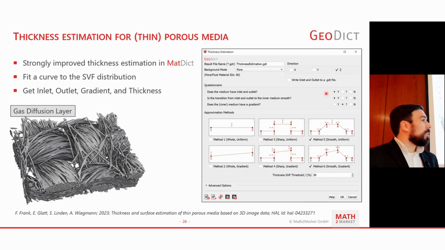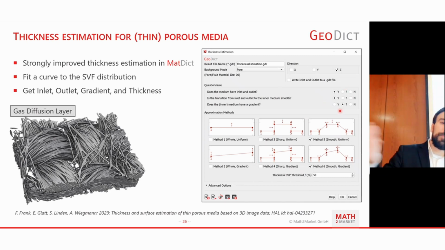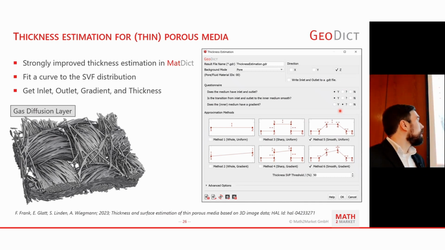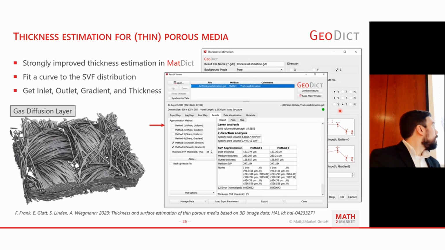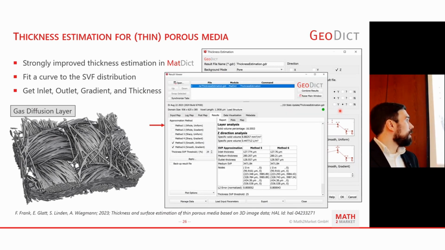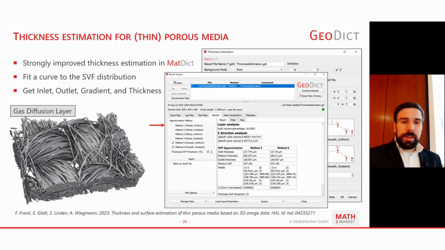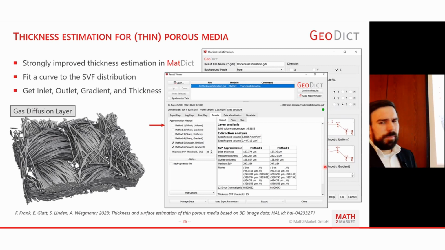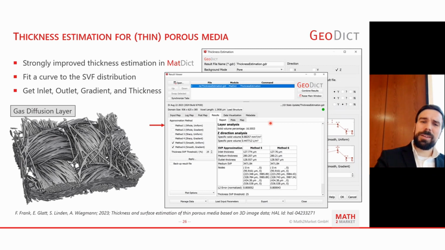And you can also just decide here: do I have inlets in the material? Do I have outlets in the material? Is it a gradient material? And so on. It's a bit easier to use. And you get a nicer report in the end, where you get, for example, the different estimations depending on the method you have chosen. Before, I think there was a complicated formula in here that told you from this slice to this slice it is this, and then on the next slice is that. So it's overall a bit more user-friendly and powerful.